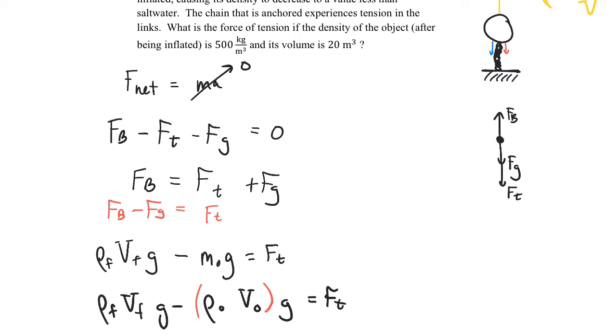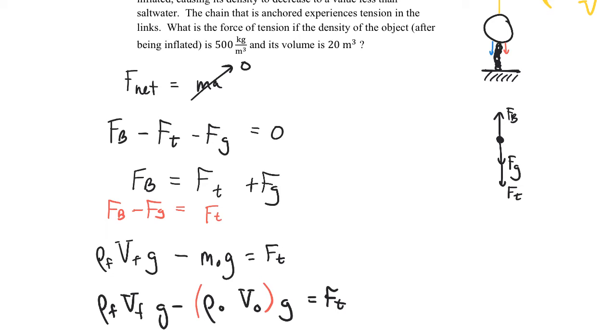So if you want to write yourself a note, if you don't have this memorized yet, yes, VF is the volume of fluid displaced. But another way to think about it is VF is the amount of the volume of the object submerged. However much of the object's volume is submerged. Again, VF is however much of the object's volume that is submerged. So in this case,